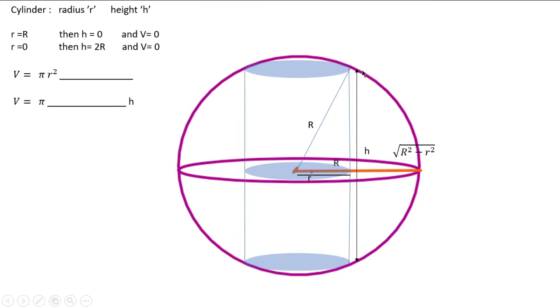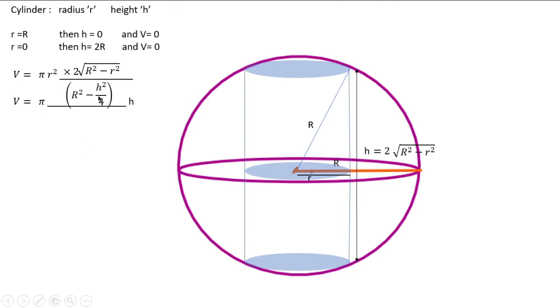Okay, and what is the height? So height is actually going to be double of this. That means this one. So we actually got a relation between h and r. We can substitute it here. Okay, and the volume of the cylinder will become entirely a function of r. Okay, and if we rearrange this full expression and find out the value of r square and substitute here, this will become something like this.